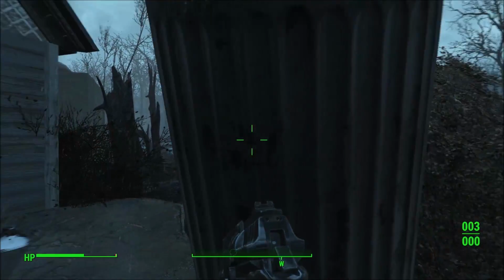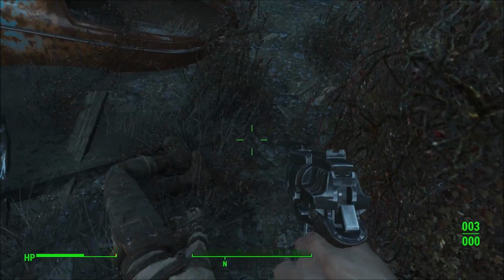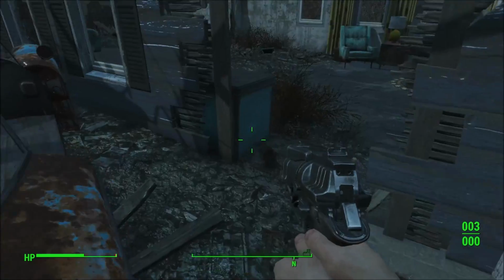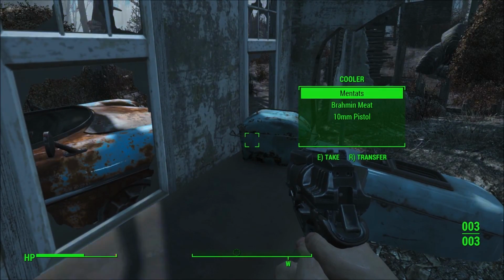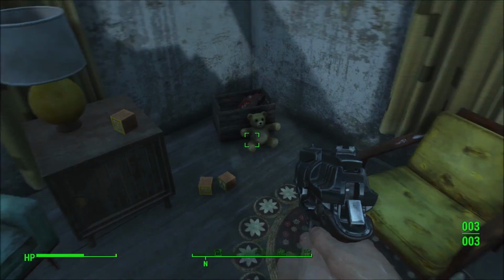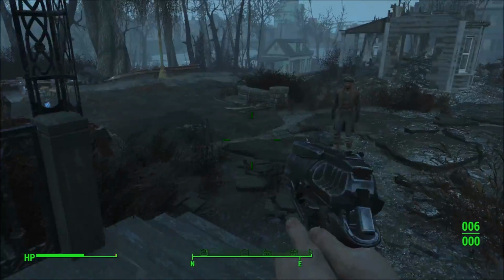Get this trash barrel out of the way. Take the shotguns. Shotgun ammo. I don't really want the shotgun at this point. I have no reason for it. I have a pistol. Pistols are what the character is most efficient with, even though realistically I would be able to get...